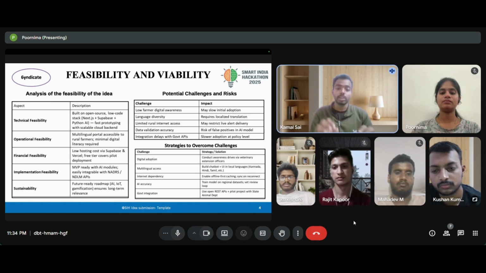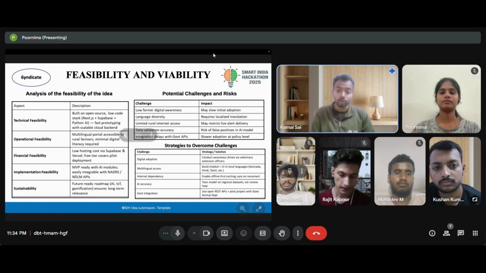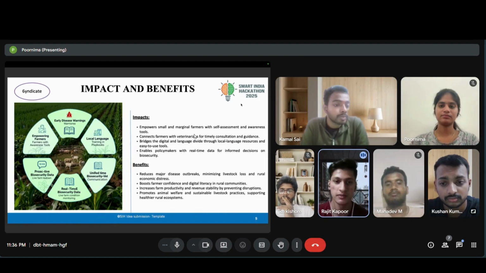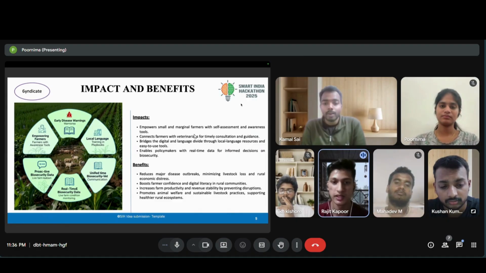So overall, SafeFarm is technically strong, cost-efficient, farmer-friendly, and ready for real-world scaling, with every challenge backed by a practical solution. Next slide. By empowering small and marginal farmers with simple self-check awareness tools while also connecting them directly with veterinarians